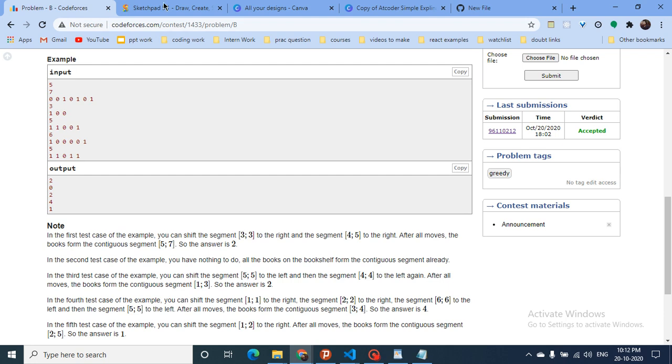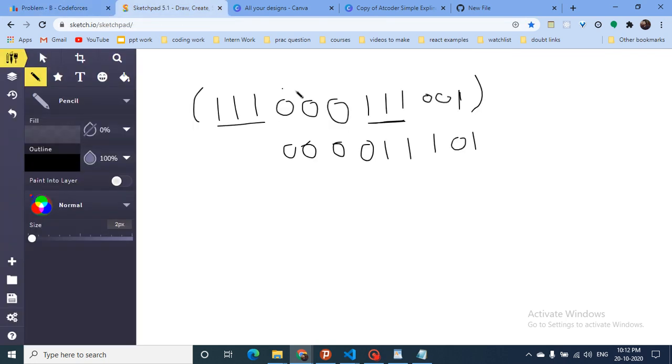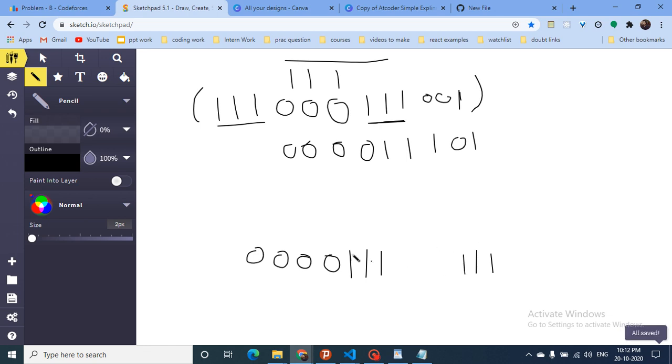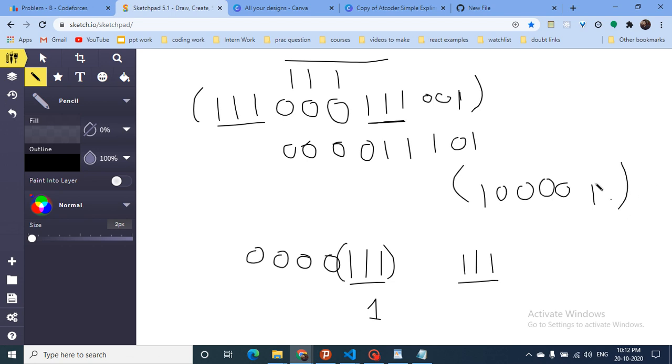So now we are taking these position books, bringing them to this position like this, then taking this whole and shifting it. This is the optimal way to bring all of them, because if I have some books and some books at the end, I can also bring them here. If I have only one book here and one book here, you can assume this continuous stretch to be one book only, because they are acting as one. Also, if I have two books only in a bookshelf, I can either bring all the books to here or all the books to here.